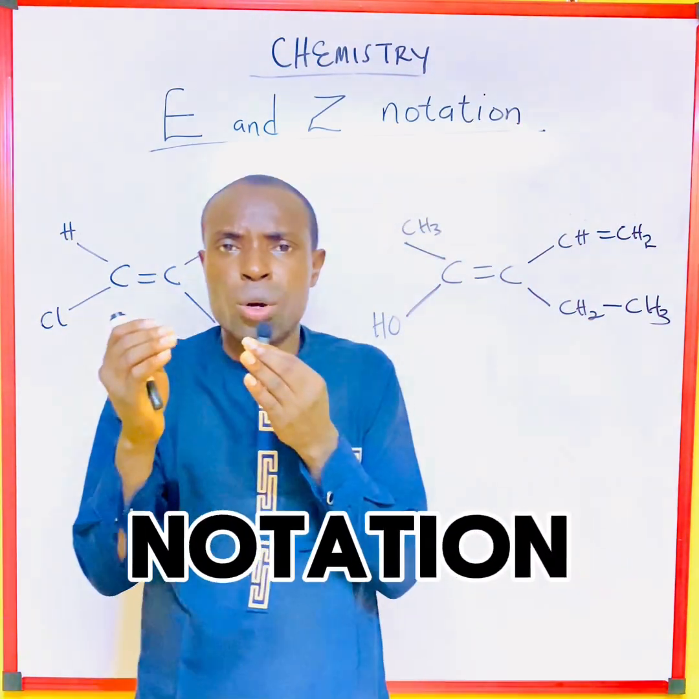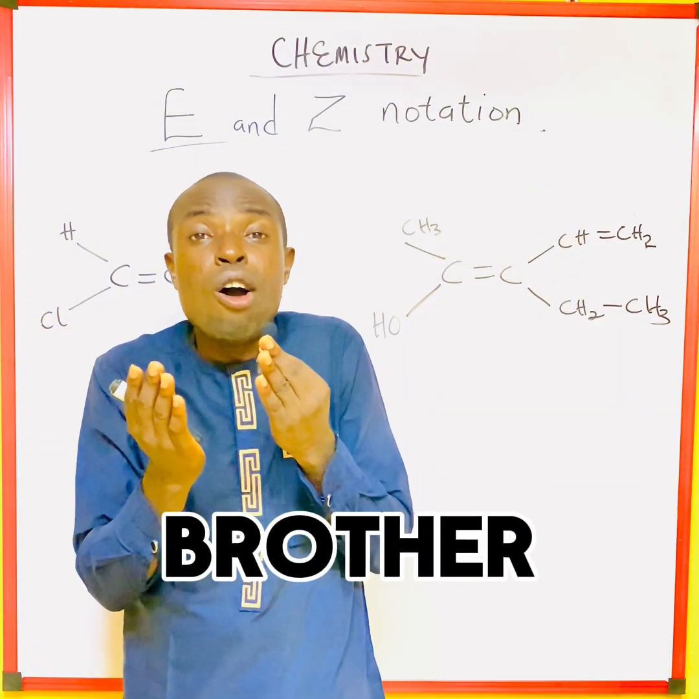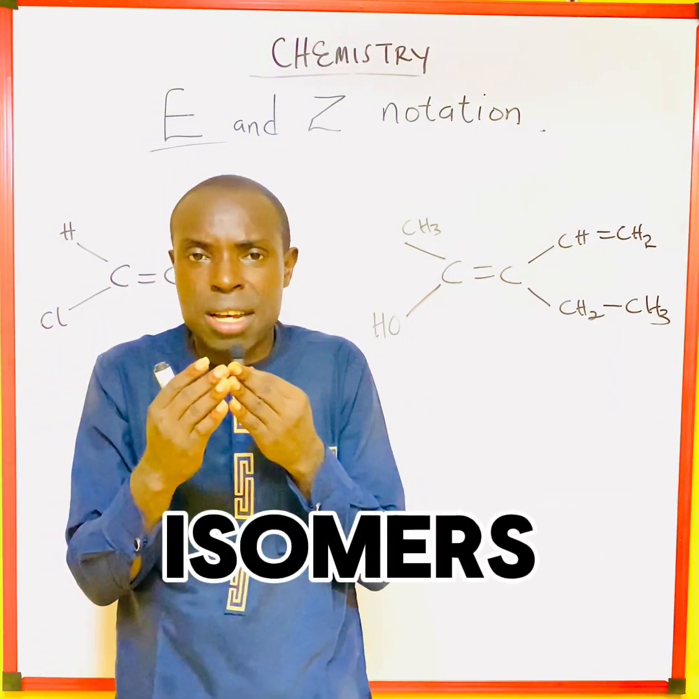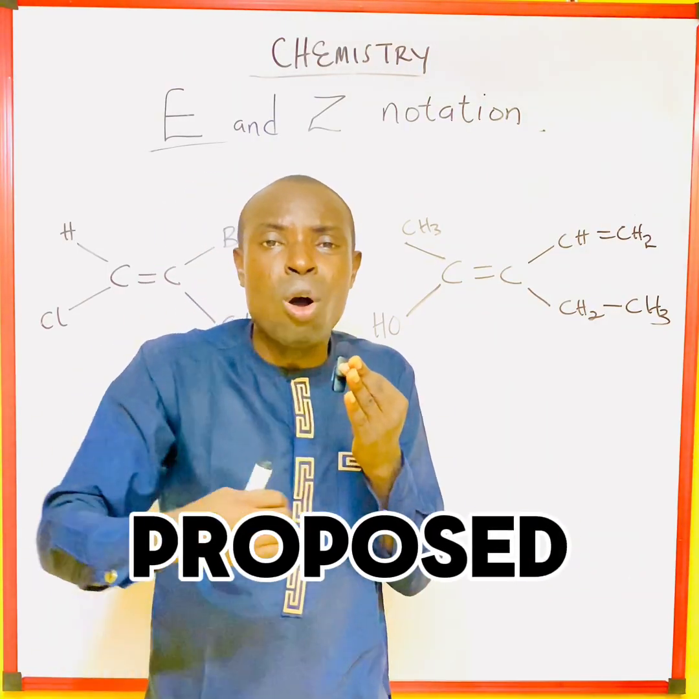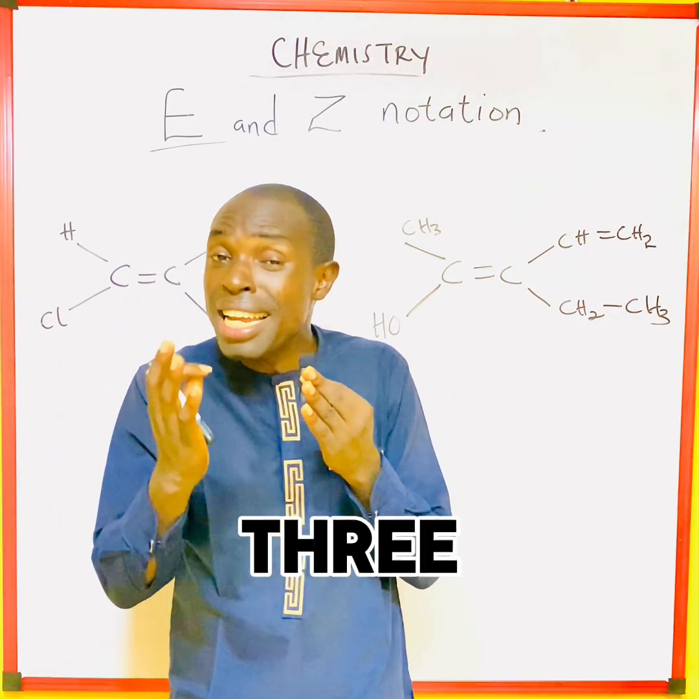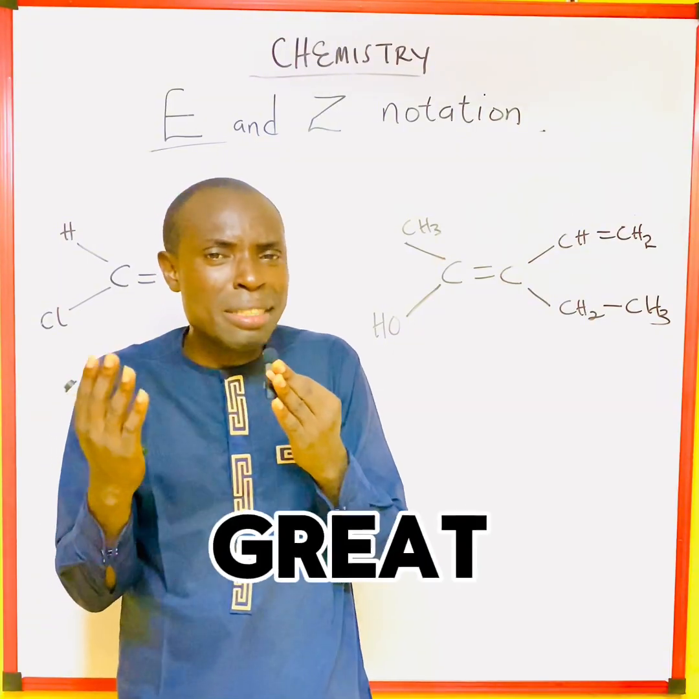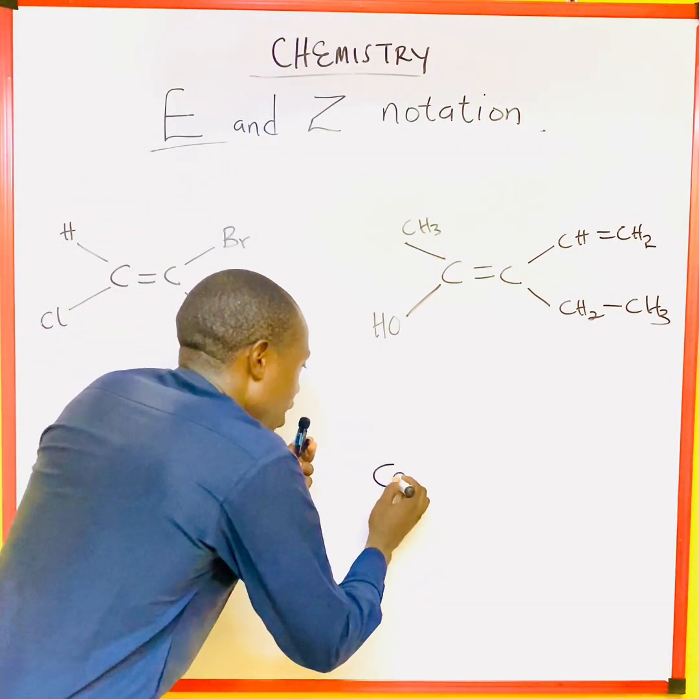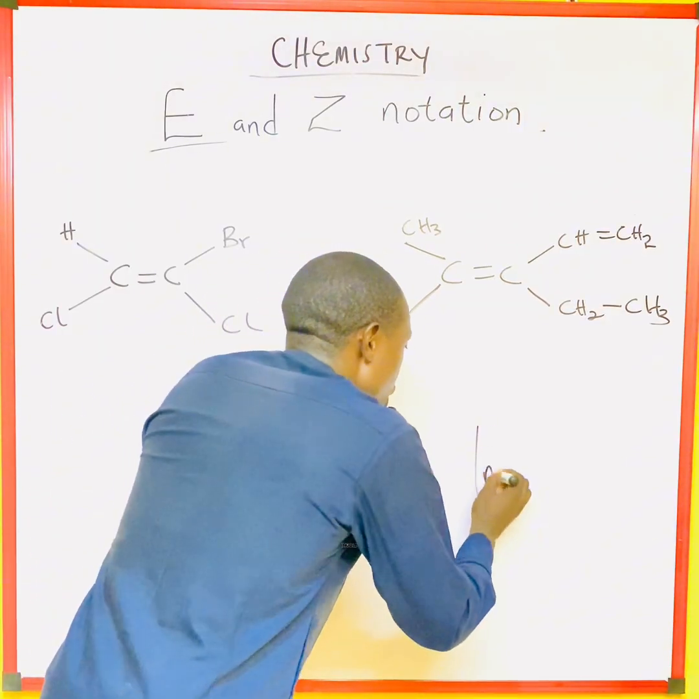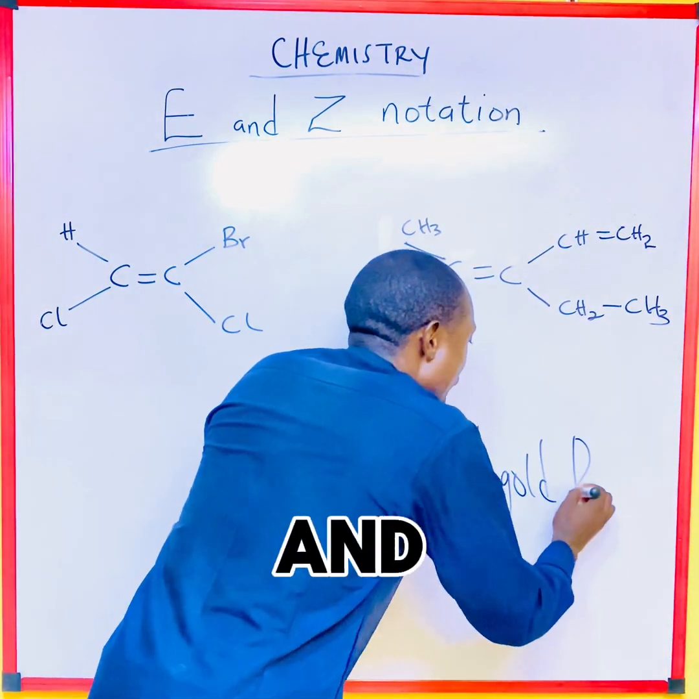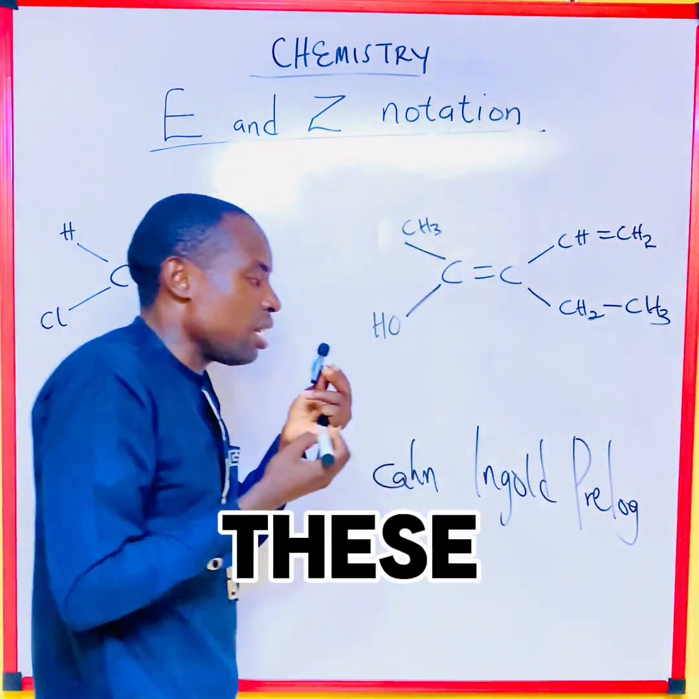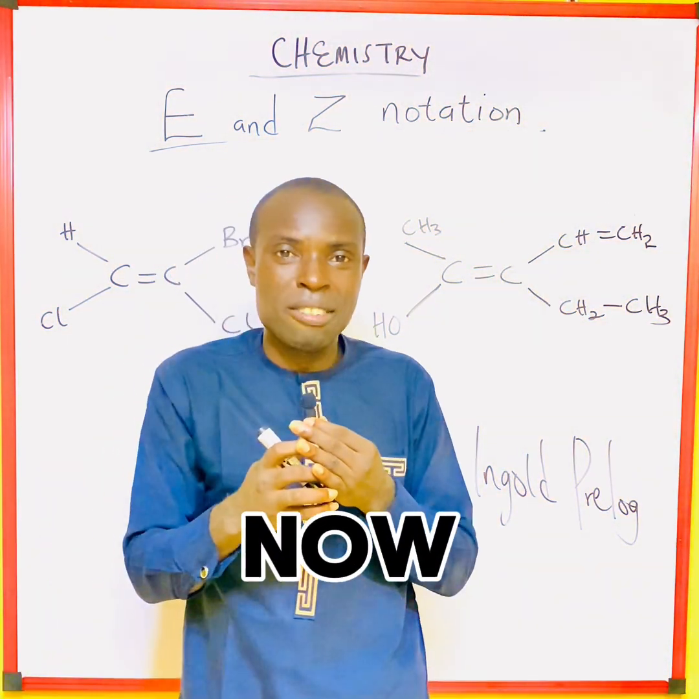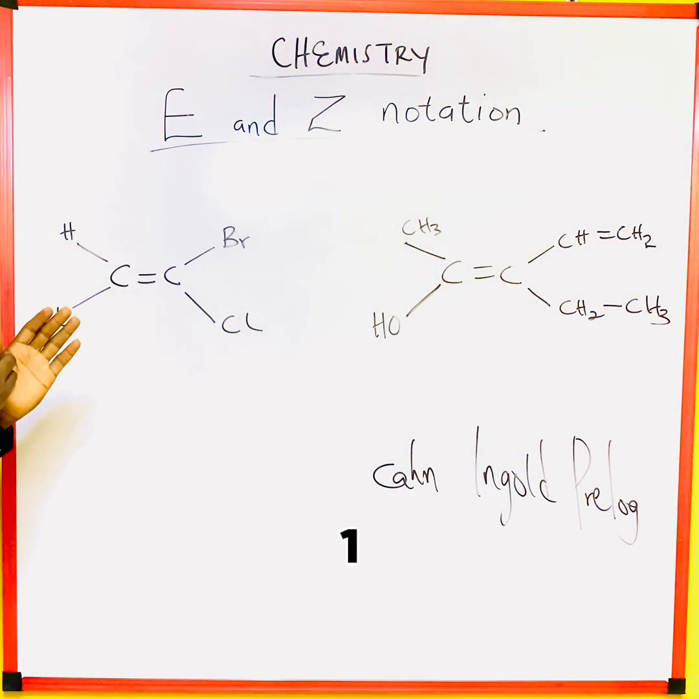E and Z notation is just like the senior brother of the cis and trans isomers. The rules were given by three great minds. They are Cahn, Ingold and Prelog. These three men came together to assign rules to stereoisomers. Now, the rules are: